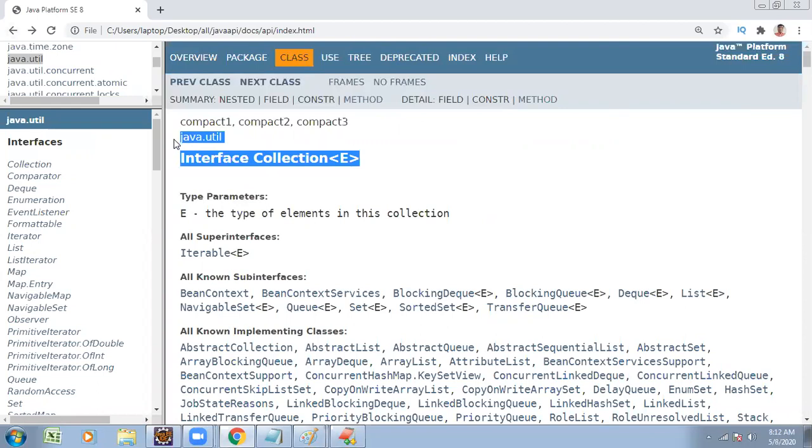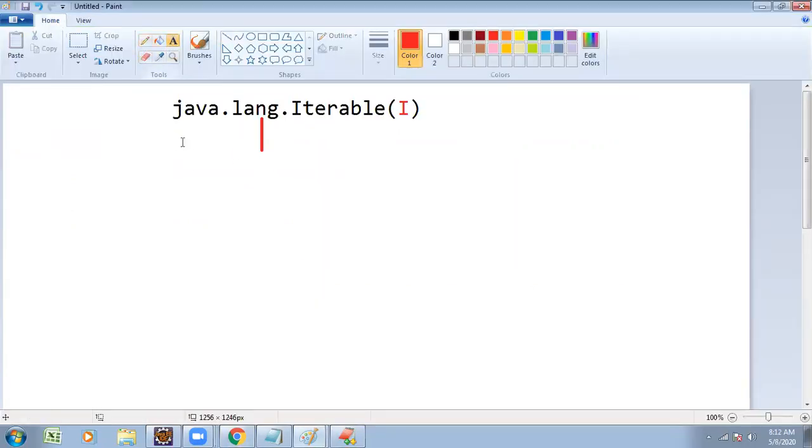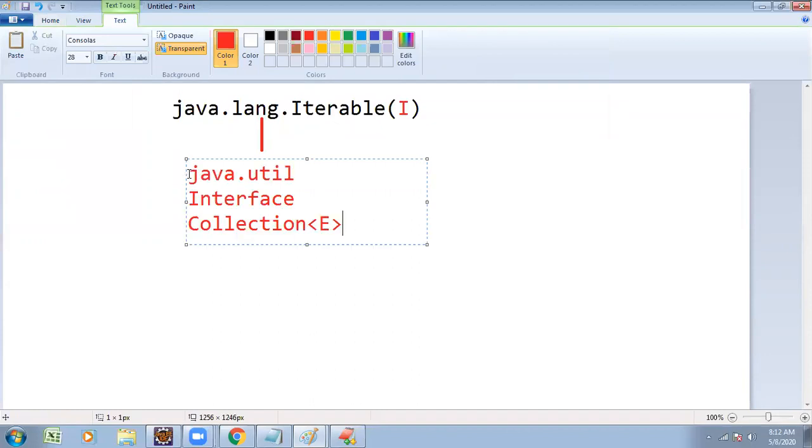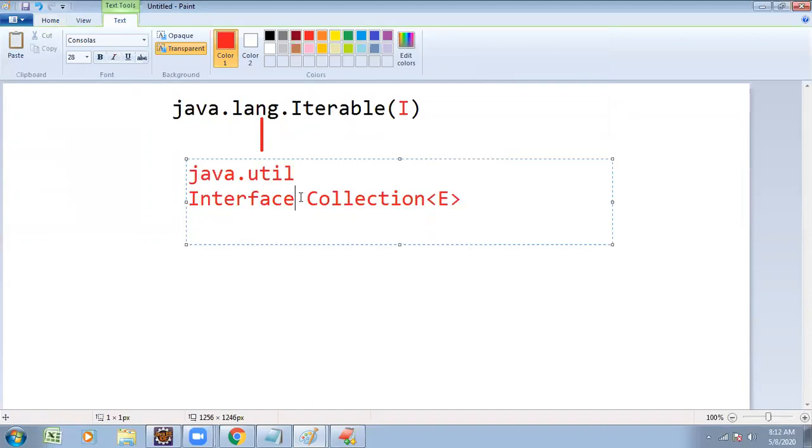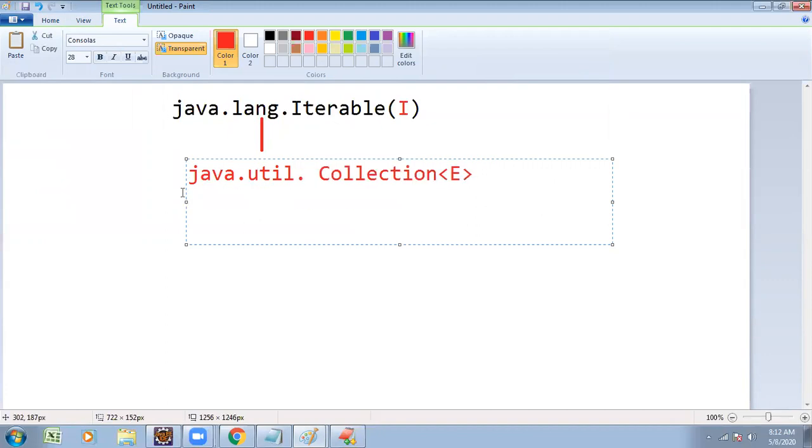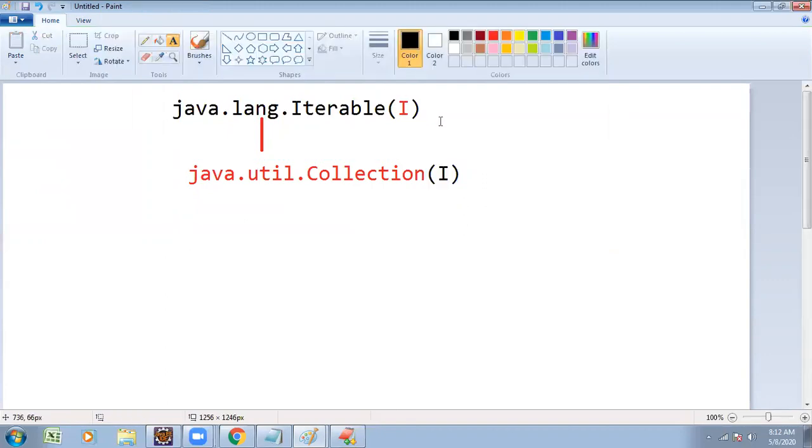java.util.Collection. Right? Observe, Collection is also an interface. Here I wanted to mention I, which stands for interface, for understandability purposes only. That's the point. So the java.lang.Iterable interface's sub interface is